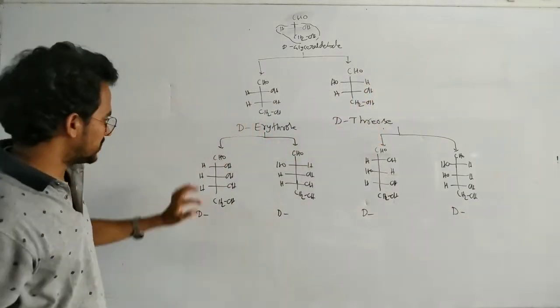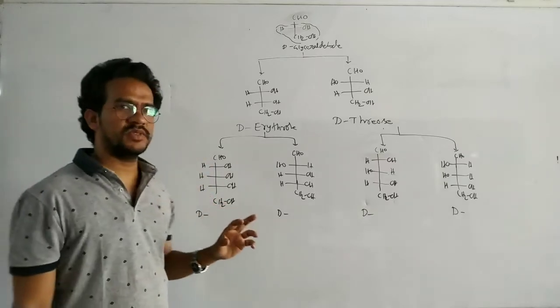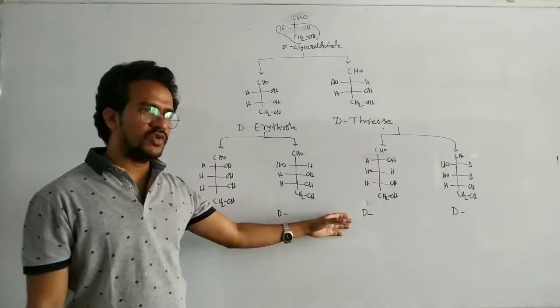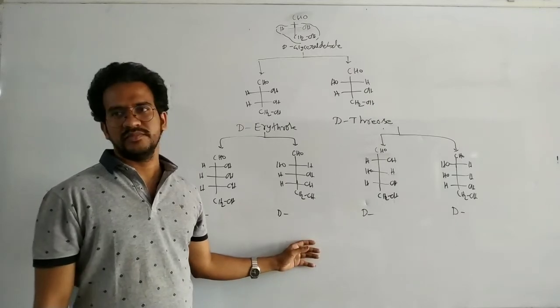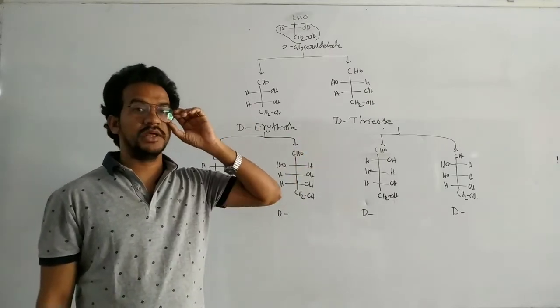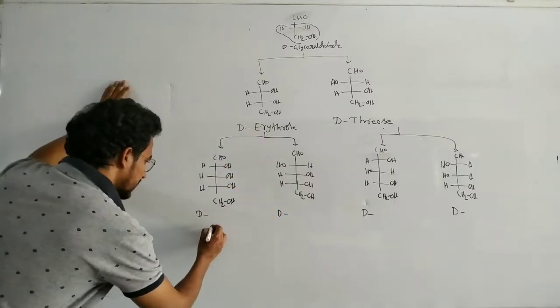Okay. That means here, with 3 chiral carbons, 8 isomers are possible. Among the 8 isomers, 4 are the D. For every structure, there is a mirror image, there is the L. That's totally 8. Now here, again from this one,